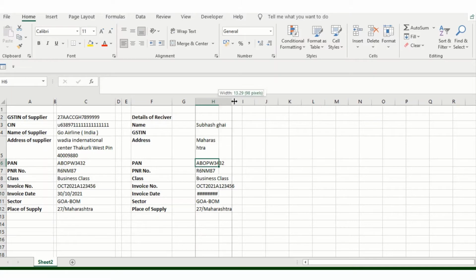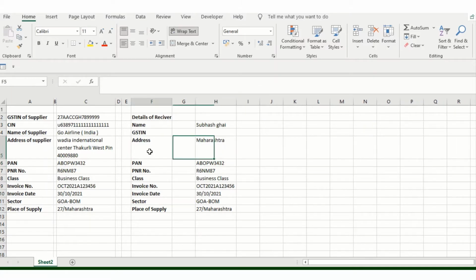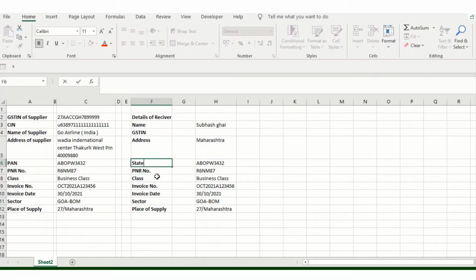Don't add the entire address, that's fine, because when we get the details with the help of the PNR, we will automatically get them. And then state code, if you are maintaining any kind of state code in your database, you will need to add the state codes.